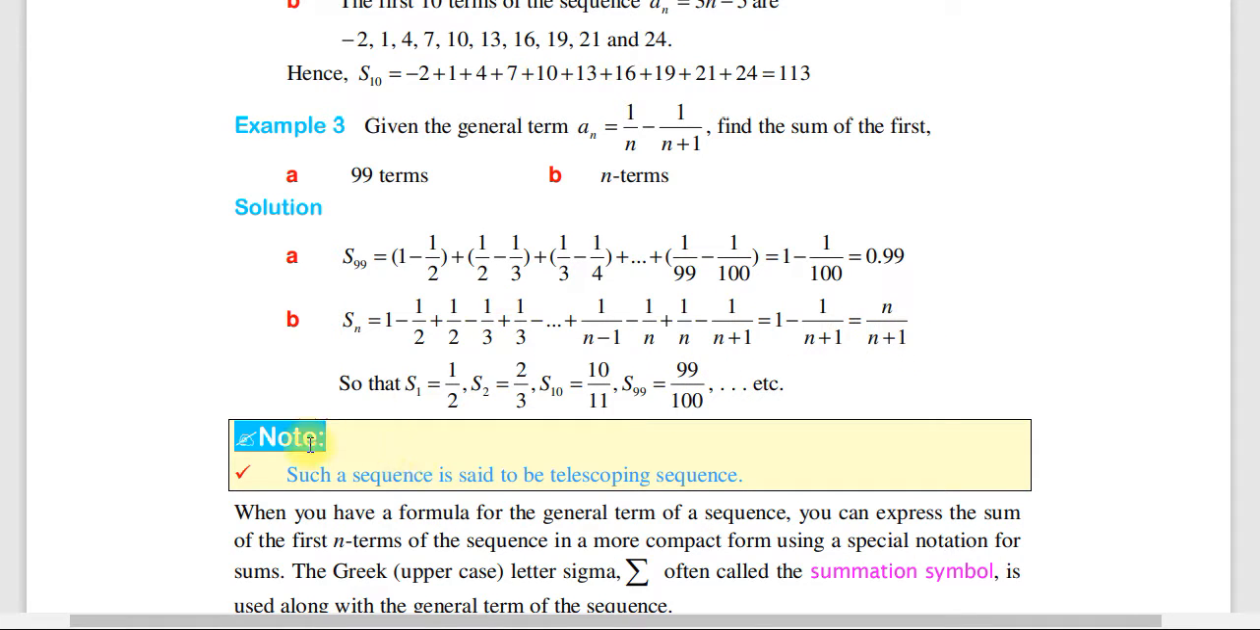Okay, so እዚህ ማስተዋሻችን ላይ such a sequence is said to be telescoping sequence ይባላል። እርስ በርሱ የሚጠፋ ከሆነ telescoping sequence እንለዋለን ማለት ነው።